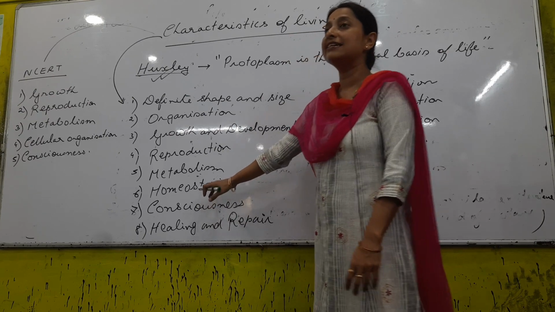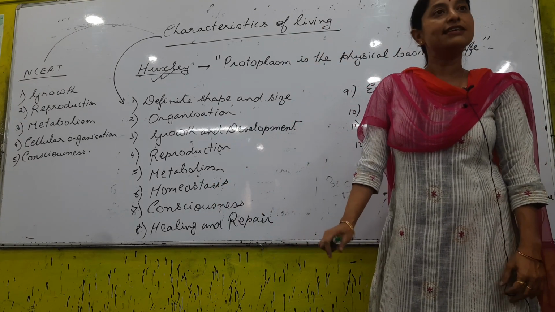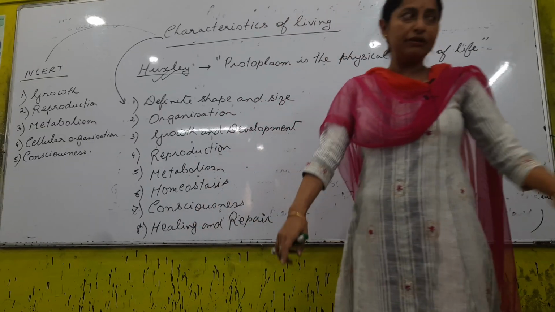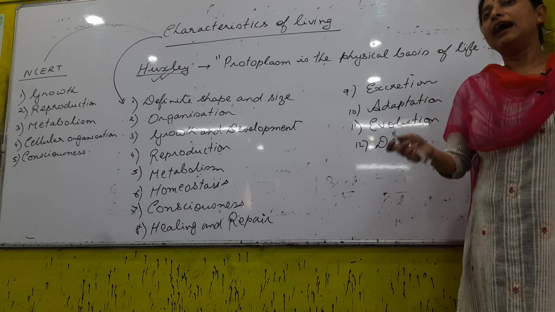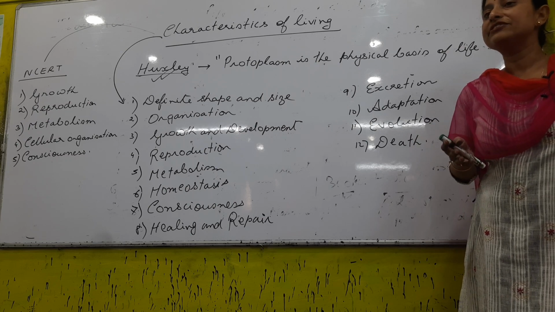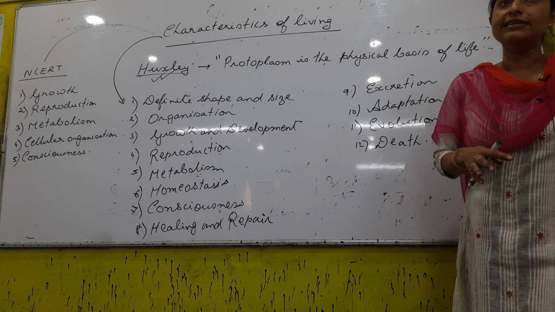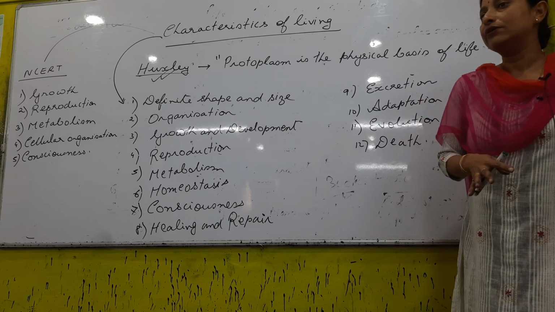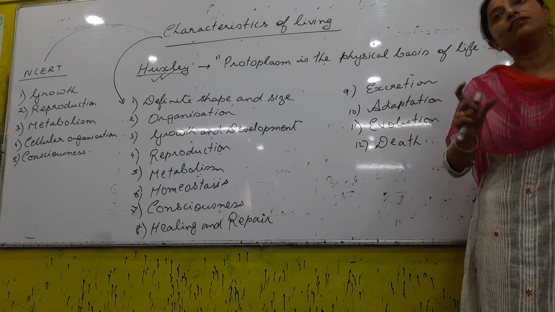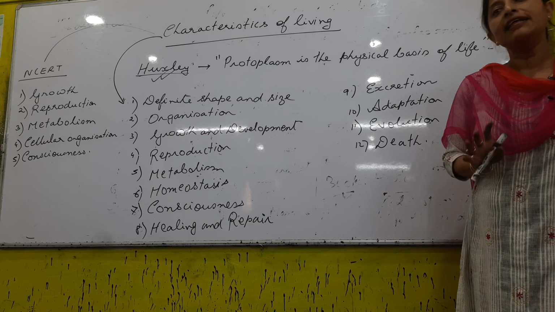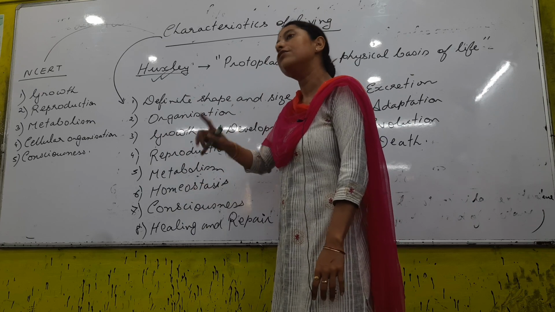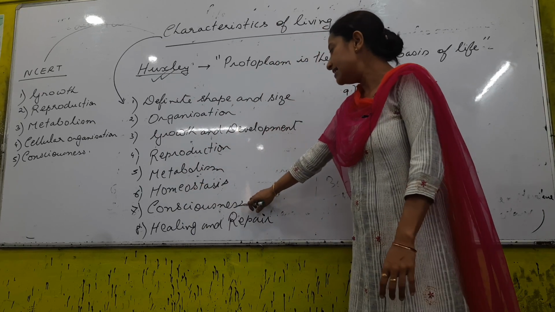Coming to the word homeostasis. Homeostasis is something that is seen only in living things. What is homeostasis? Maintaining a balance is called homeostasis. For example, as human beings, especially if you talk about mammals, we have a specific body temperature, and we don't change according to the environment. If the environment becomes very cold, do we become cold? No. If the environment becomes very hot, do we become hot? No. So this maintaining a balance is called homeostasis, which is particularly seen in living organisms. Homeostasis is the characteristic of living organisms.